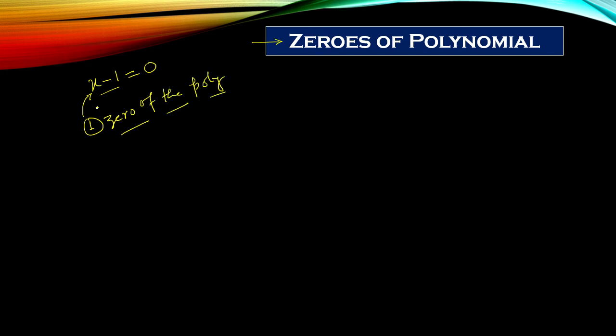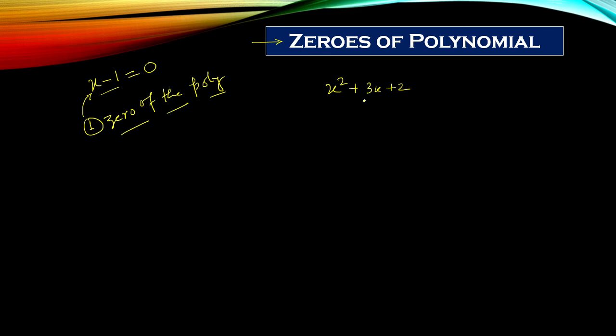But if we get a polynomial like x square plus 3x plus 2, how can we get the zeros of the polynomial? Before, we put 1 in the polynomial and got the result 0. This is like the hit and trial method, and we would have to try hit and trial here also to get the zeros of the polynomial. But how many times will we try hit and trial?